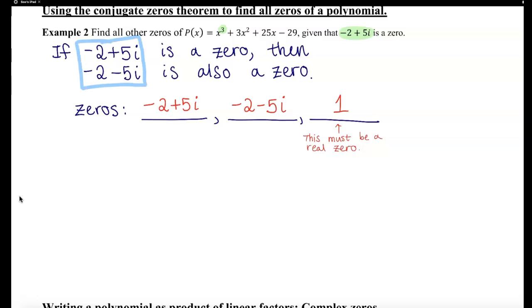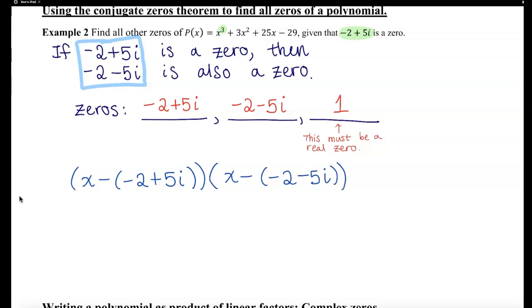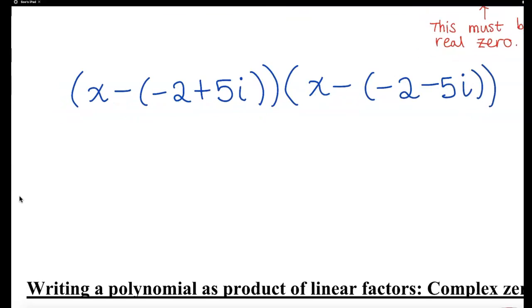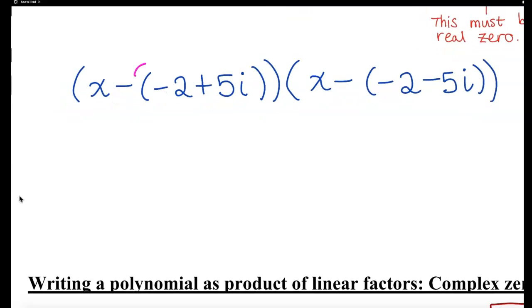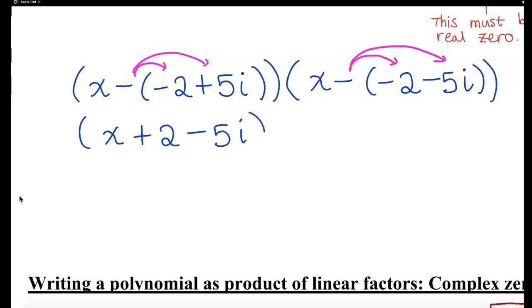that these two are zeros, I'm going to write factored form, okay? So the first factor is going to be x minus (-2 plus 5i). Agree? Now the other factor is always x minus the second zero, (-2 minus 5i). Let us multiply this, because if we multiply these complex conjugate pairs, it's going to come out like a nice trinomial, like you saw. I like to get them out of the parentheses first by distributing the negative. If I do that, I will get x plus 2 minus 5i, and I'll get x plus 2 plus 5i,